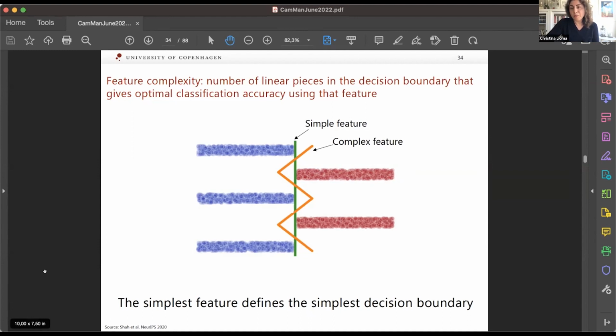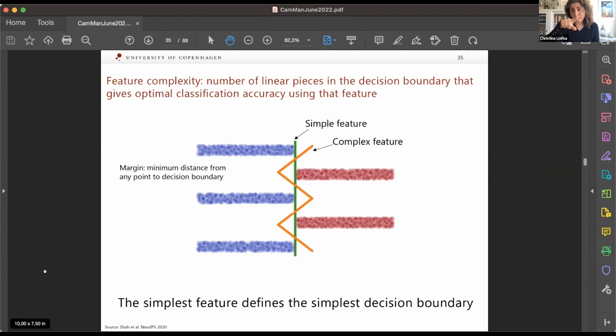And basically the problem with that has to do with the margin of the decision boundary. So the margin is defined as the minimum distance between any data point and the decision boundary. So for example, for the green decision boundary that is defined by the simple feature, that margin is very, very small.